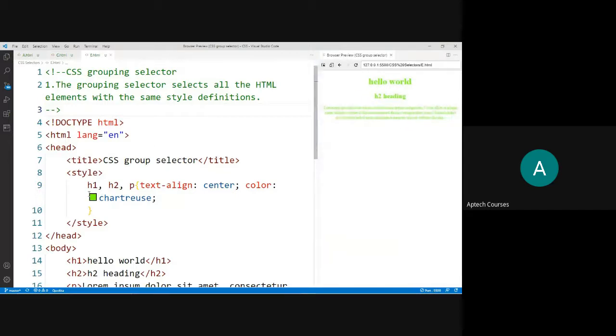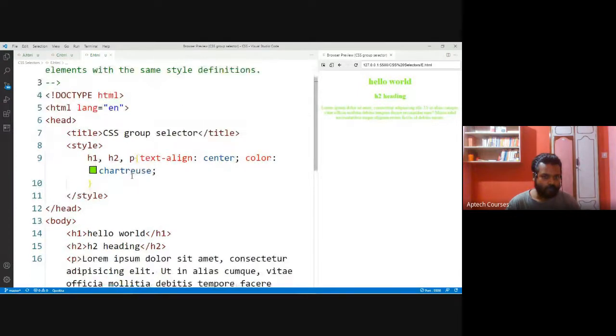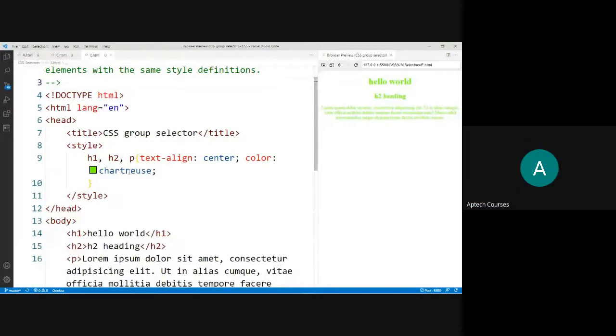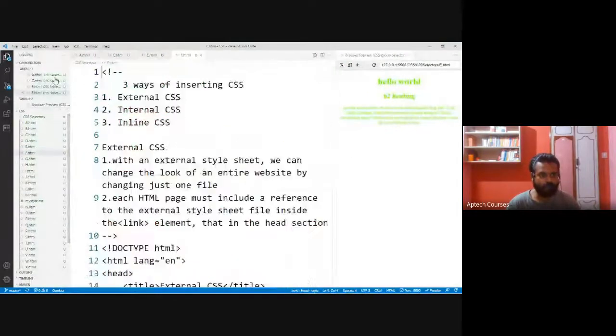So here: H1 element, H2 element, then paragraph. In this HTML document, any number of H1 elements, any number of H2 elements, any number of paragraph elements, for all these elements, this is the style. Group selector. This is why we are calling it a group selector. And also we have seen